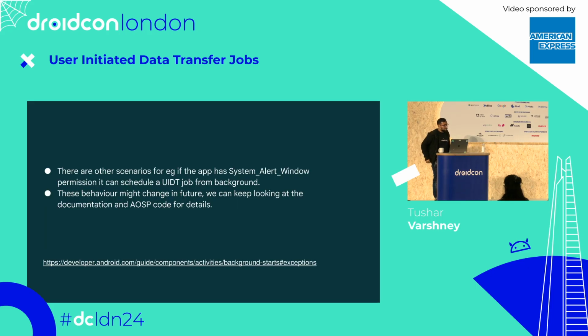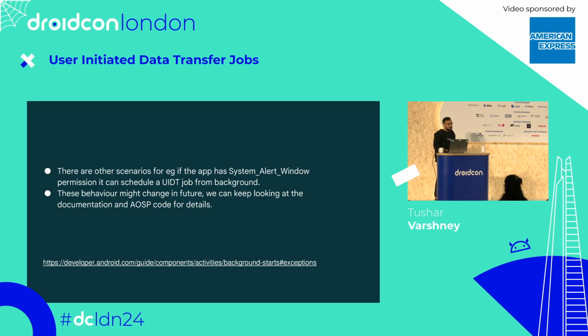Now, there can be other scenarios where we actually can also schedule the UIDT jobs. For example, if your app has system alert windows, then it can also schedule a UIDT job from background. These behaviors are still in the process, and this is a new API, so I would recommend to keep looking in the documentation and AOSP code for more details, and also for any kind of newer library available to make sure that we are following the Android guidelines. There are other background start exceptions which are available in the developer preview, so we can actually look into that